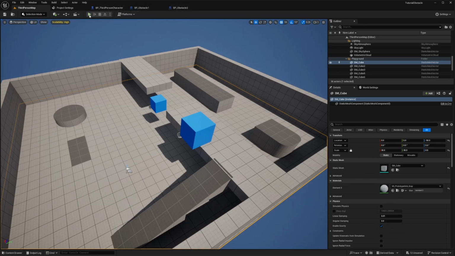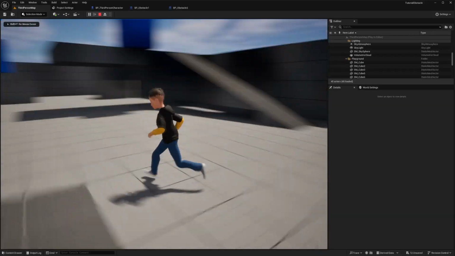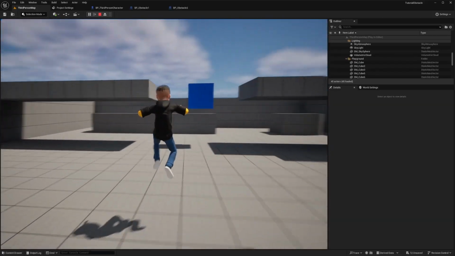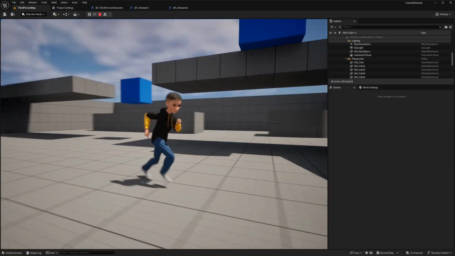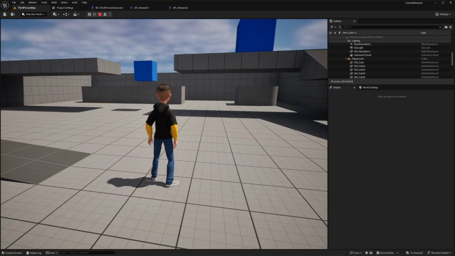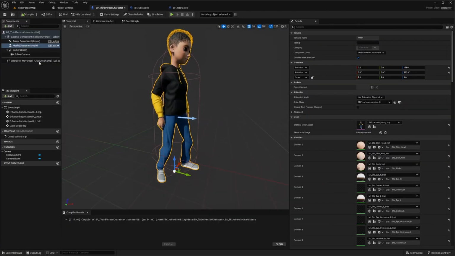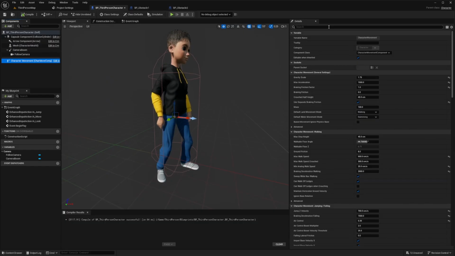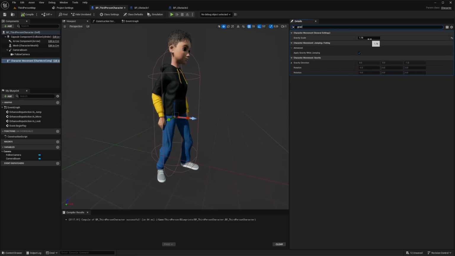But first of all, I would like to show how we can adjust something. You can see when they jump, they kind of float around a little bit. I felt like it was a little weird jumping onto that middle obstacle. So let's real quick take a look at our character here, go to the character movement. And what we want to do is take a look at gravity. So the gravity scale, we can turn this up slightly, up to, I don't know,